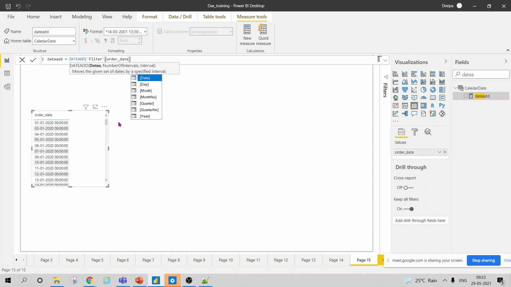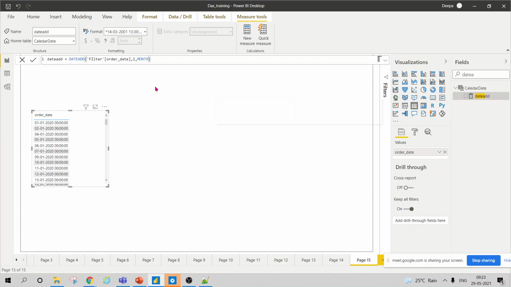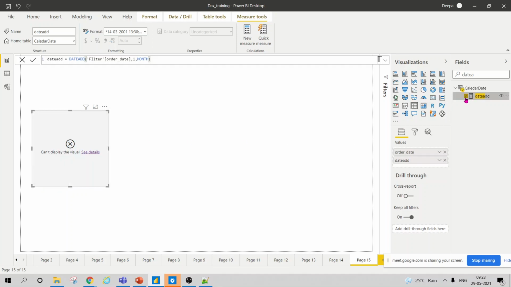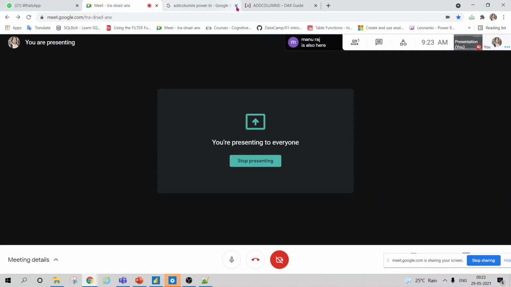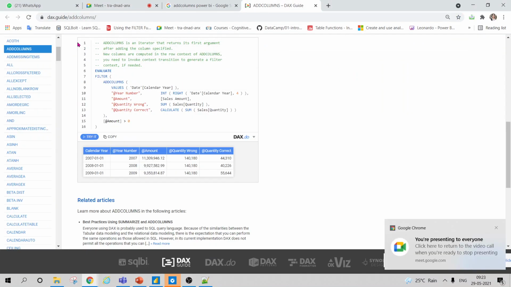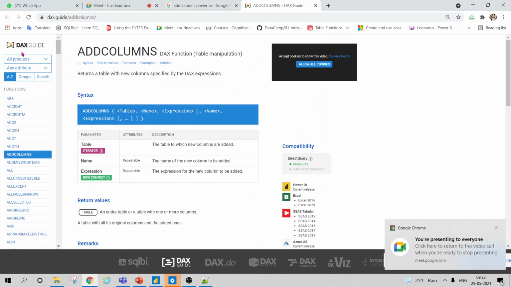How many intervals do I want? I want to add just one, and I want to add month. What's happening? Let me check why my DATEADD function is not working.